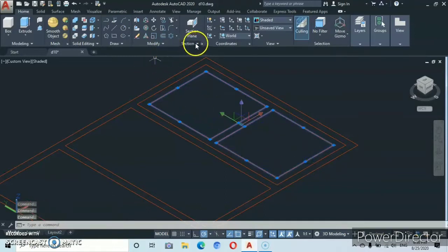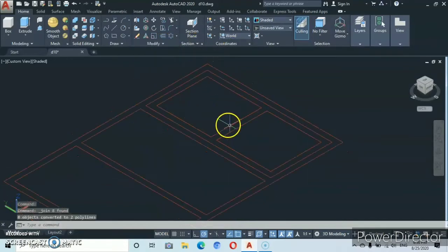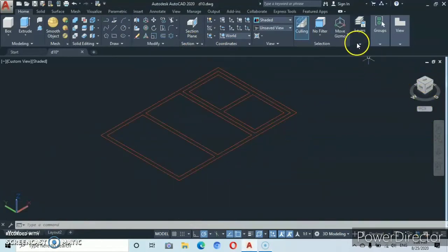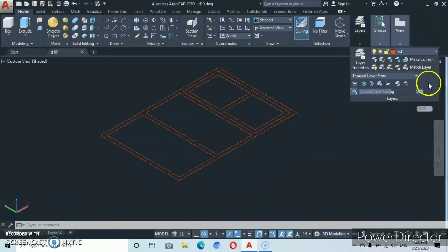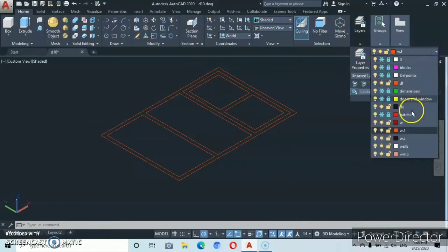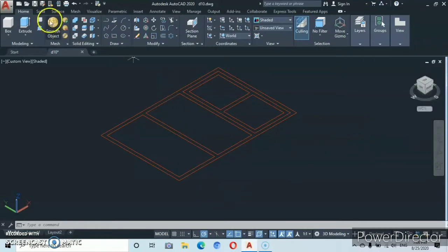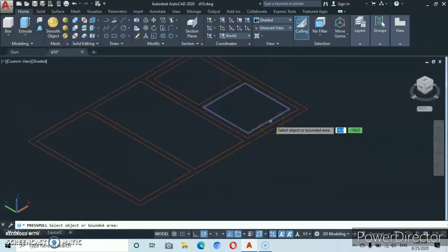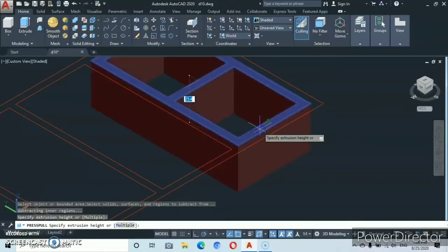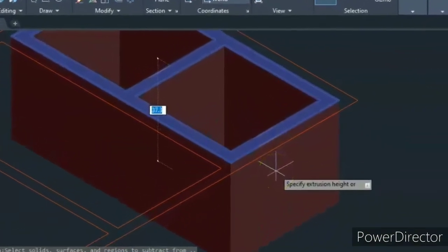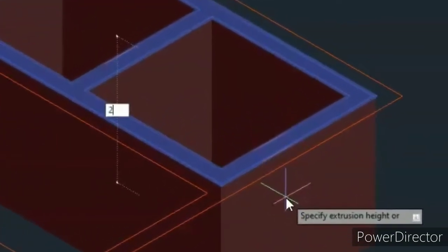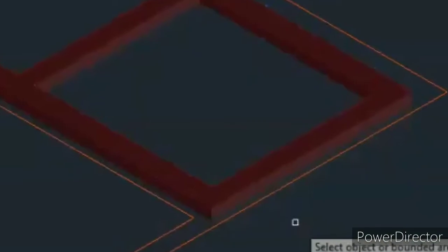Yeah, and then now you go to the join command and join. Okay, it's already joined. I'd like us to go back to the layers and put the window shutter. Let's drop down, then let's select WS for window shutter. Then we'll go to press pull and click, then we come here, then we click here to press pull downwards to the opposite direction and type in 2.5, enter,